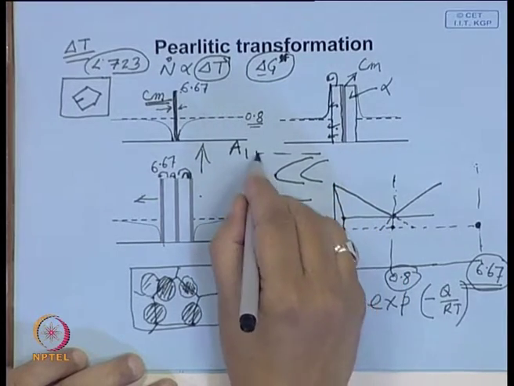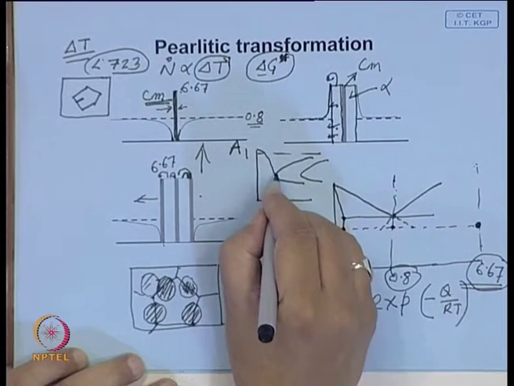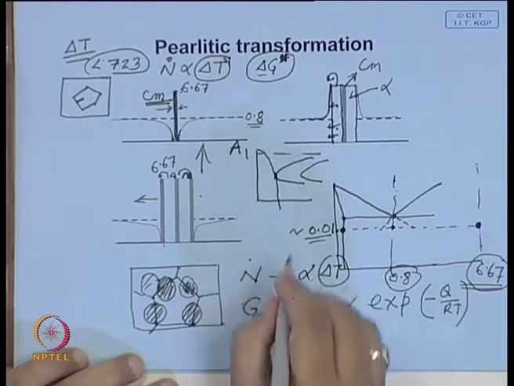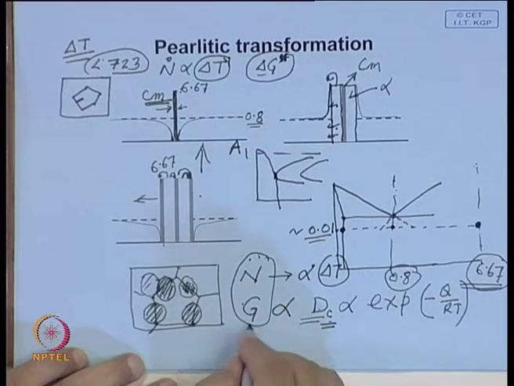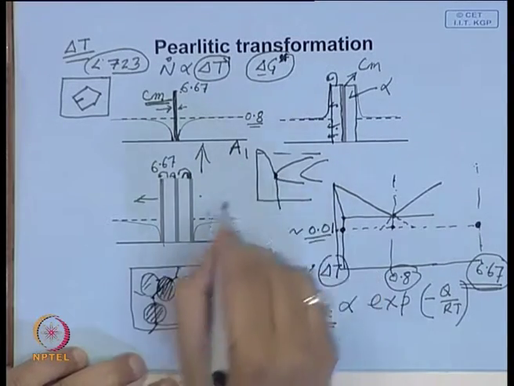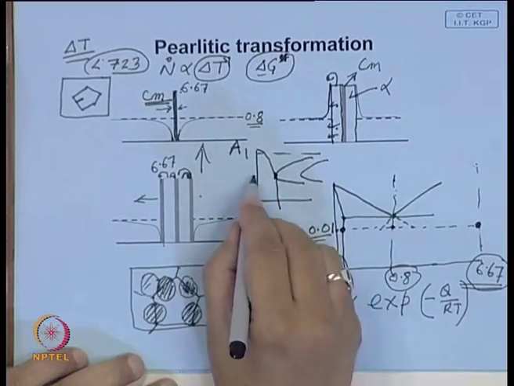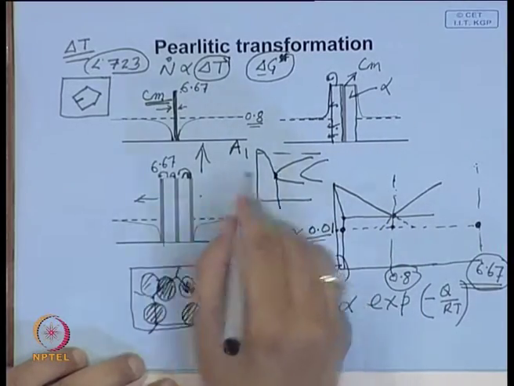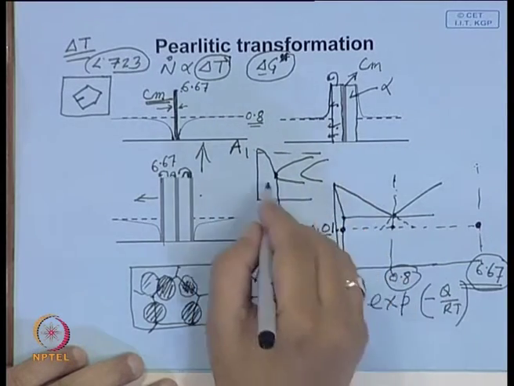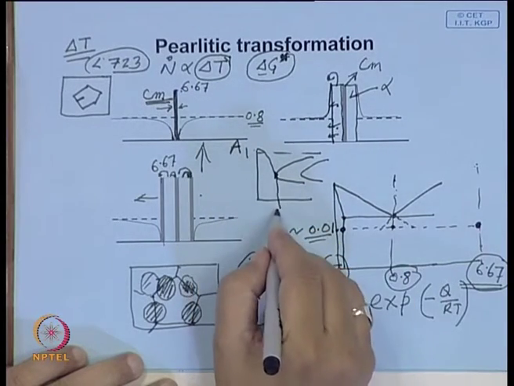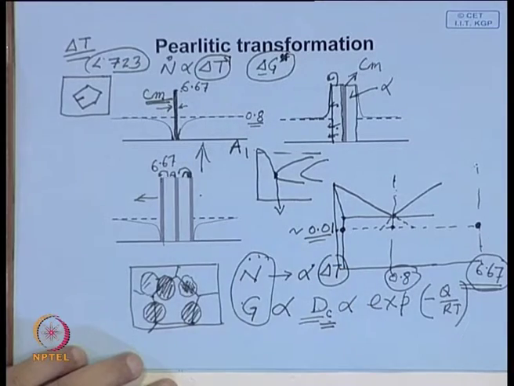So, this nose is the optimum combination where nucleation and growth give the fastest reaction, or fastest decomposition of